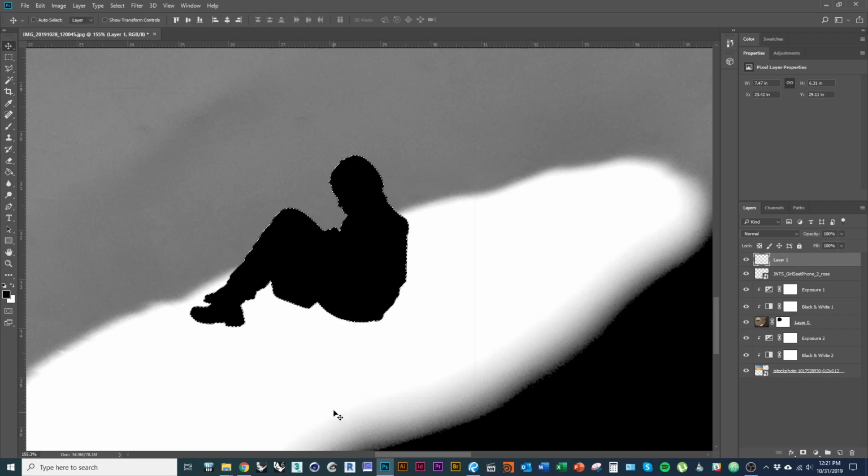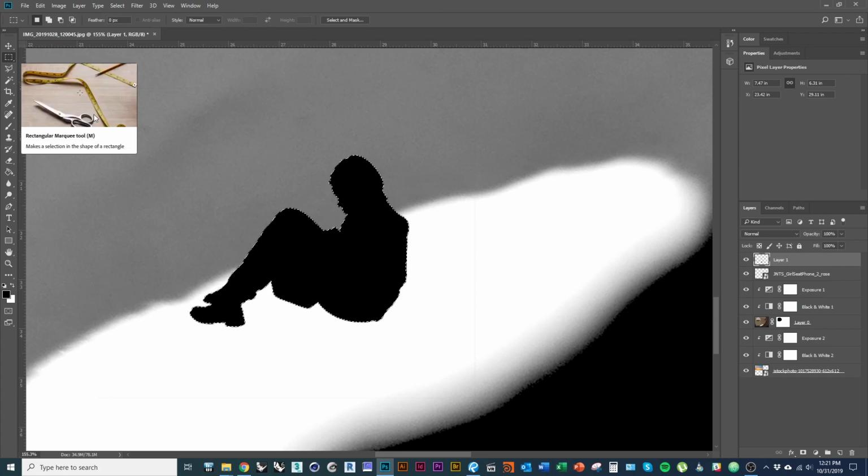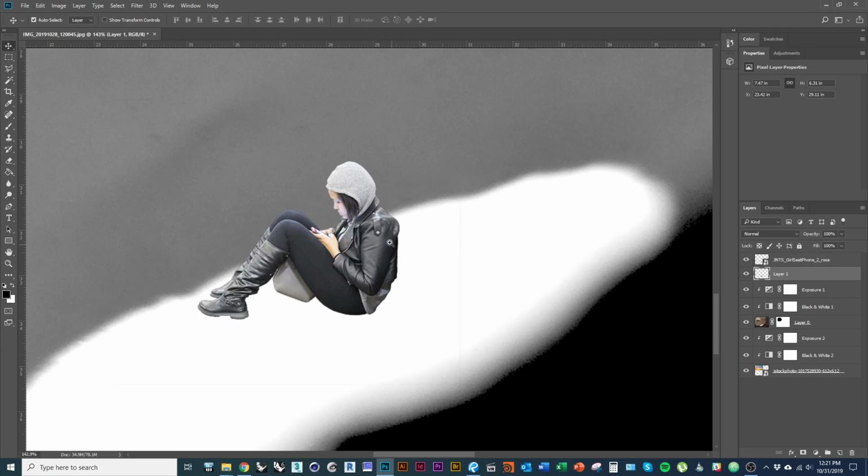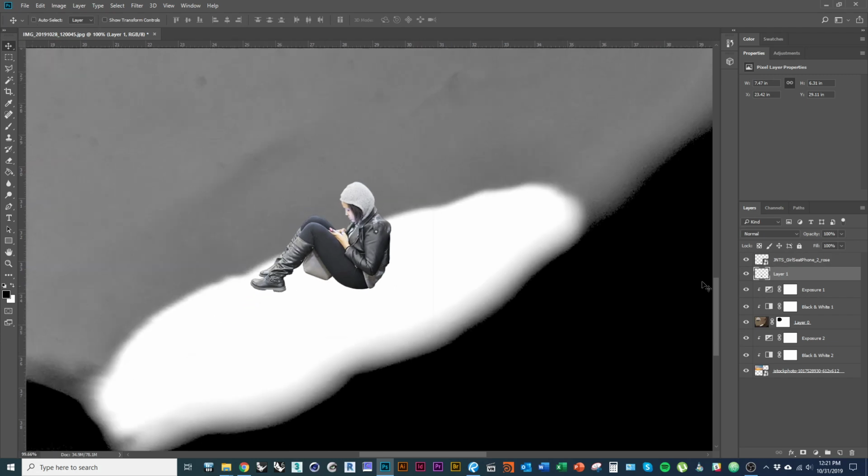There we go, and then press Control D to deselect, or you can also use the marquee tool and click it to deselect. So now we have a separate layer that's just the silhouette of this figure, and we're going to place it underneath,